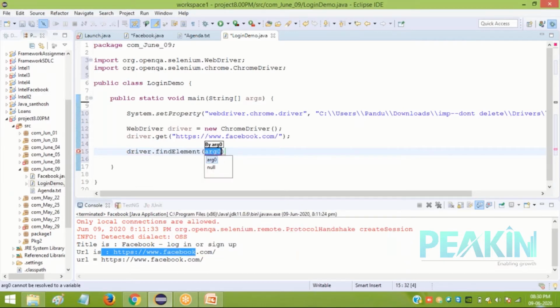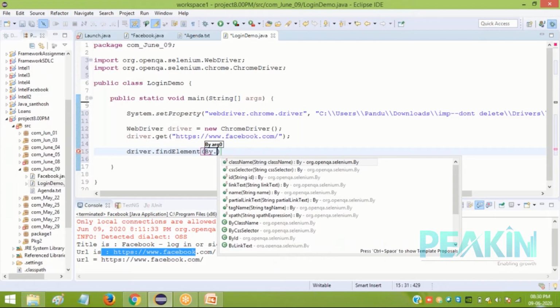Now here you have to pass the By type, By with a capital B, By dot. As soon as you place a dot, you will get the list of static methods of type By. See, last is the class name, By. The first are the methods.